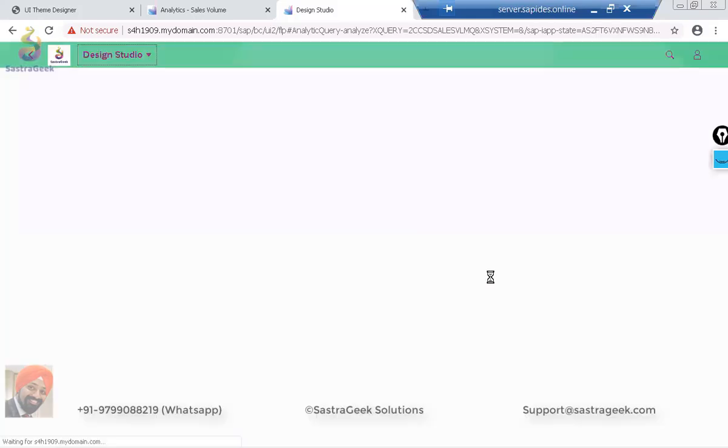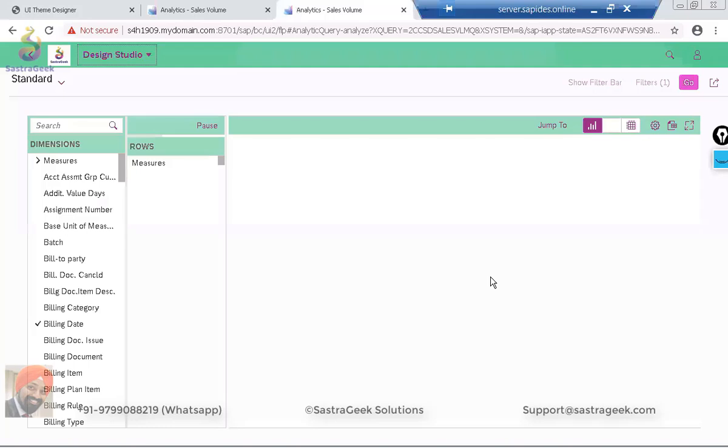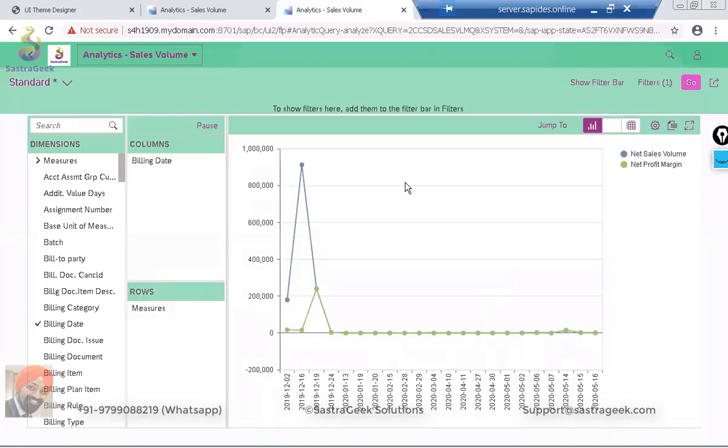So our expectation is it should directly go to the design studio. Okay, so you can see that it's directly coming to the design studio. It has already, whatever filters we have put, it is already there. The date trend is there and the system is showing the graph to us. No need to go to the CDS view, select that, and then the user would be able to do the analysis